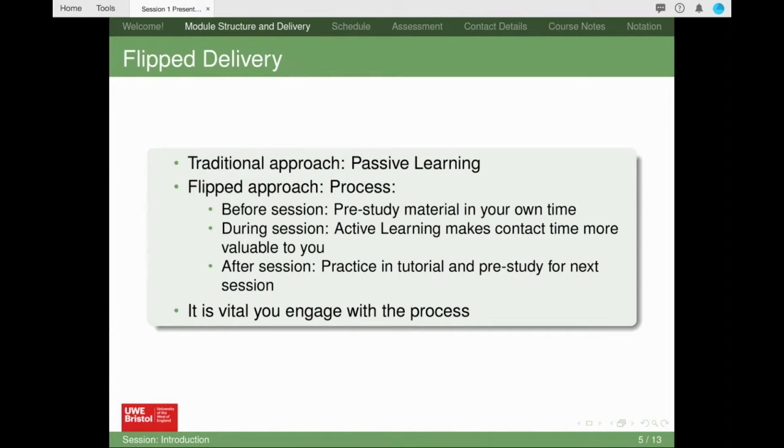And that's why there were no pre-recorded lectures, because I wanted to focus on the process in the first session. And there will be pre-recorded lectures available. In fact, right now,